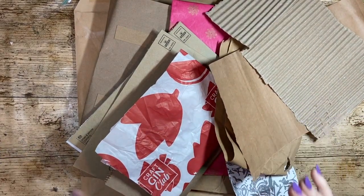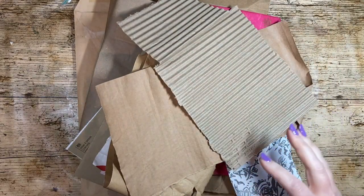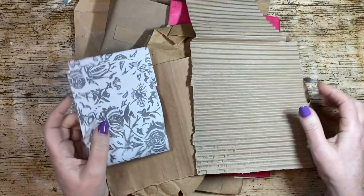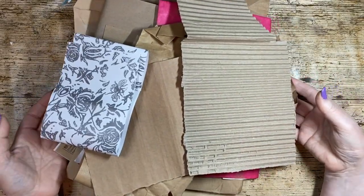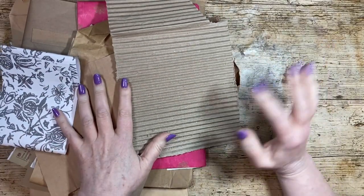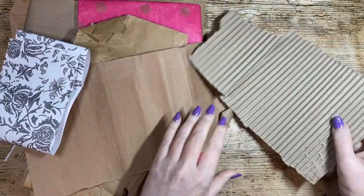So I thought I'd do a little bit of a beginner's series on junk journals, and show you the type of things that you get for free, and then the type of things that people tend to buy. So we have here